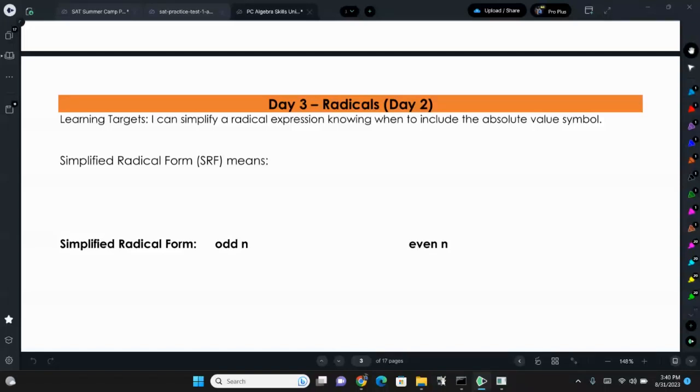What we're going to be doing today is taking the simplifying radical stuff from yesterday and applying it to variables. Now we're still going to have some numbers here that we're going to have to work with when we simplify some of these radicals, but the focus today is going to be on variables. So just recall